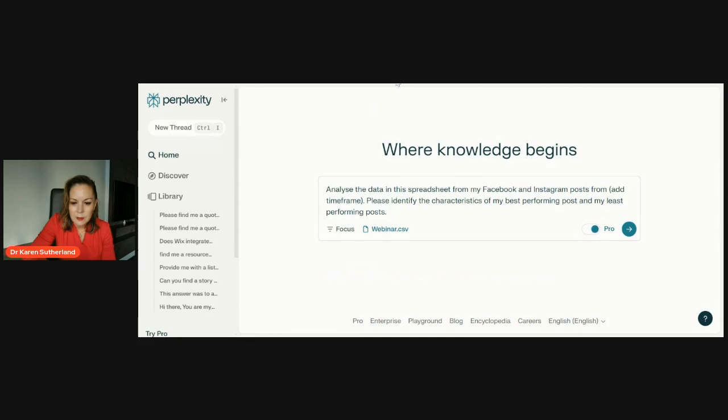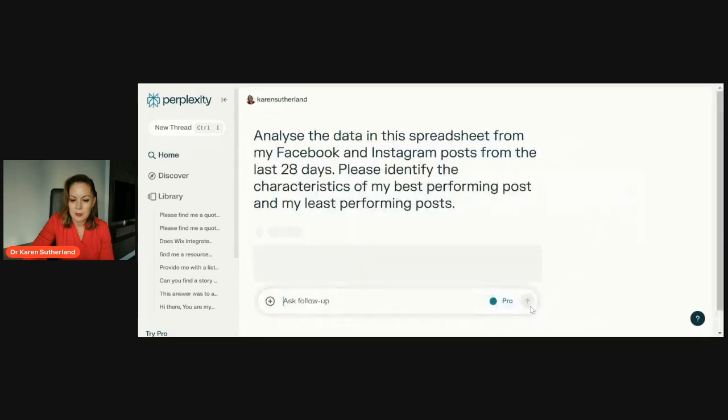I think that particular one was for 28 days, so let's have a look, I'll just say the last 28 days. Please identify the characteristics. You can see here there is the file, there is my prompt, and let's see what happens.